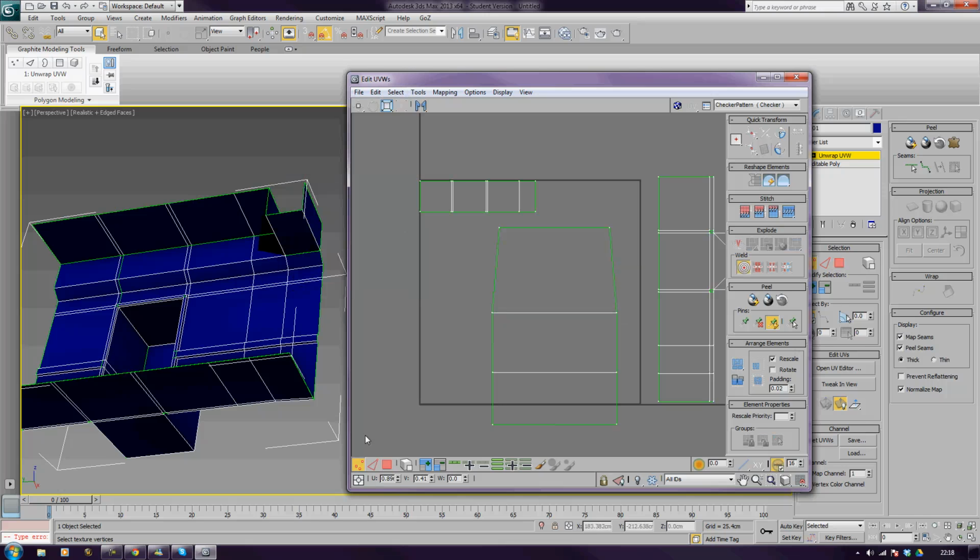Now if I make sure these are selected like this, I can basically rearrange my elements like that, just to straighten the selection. Now you'll see the top ones here aren't quite right, so I'm going to go into vert mode, and what I want to do is just bring them down. So I'll use my move tool. I've got shift held, just drag those down like that, so that all 3 are more or less the same size. And then